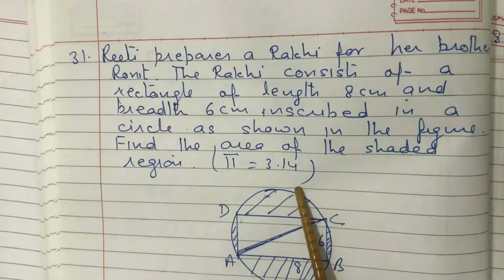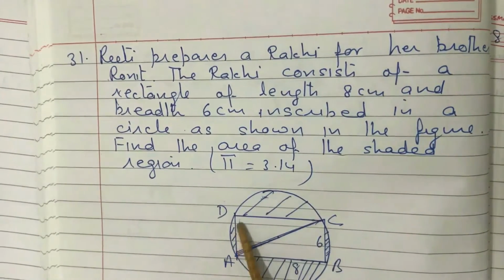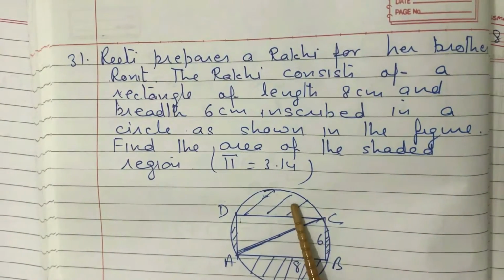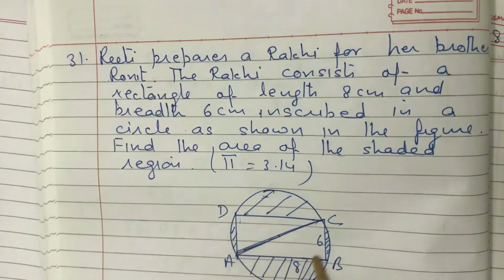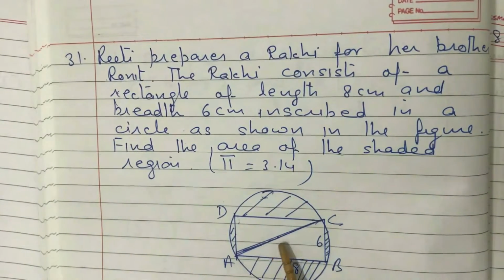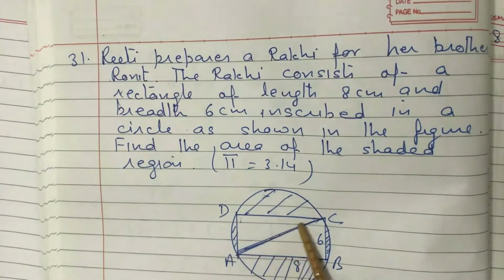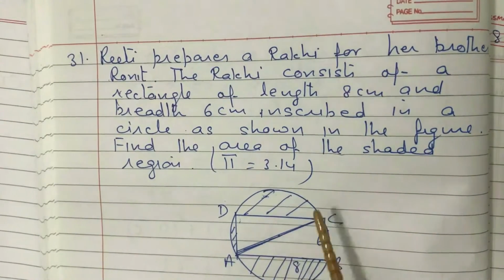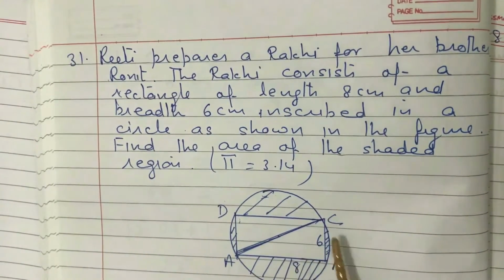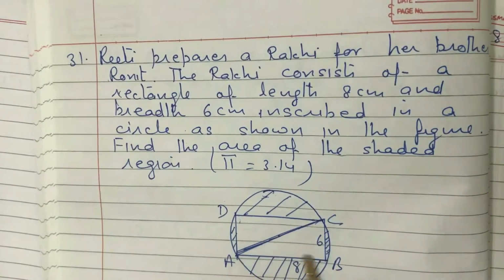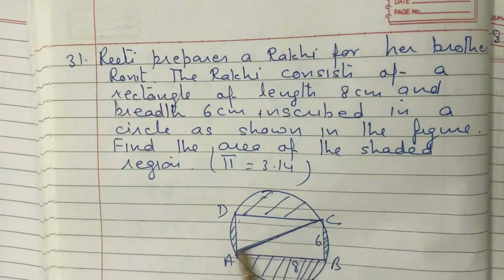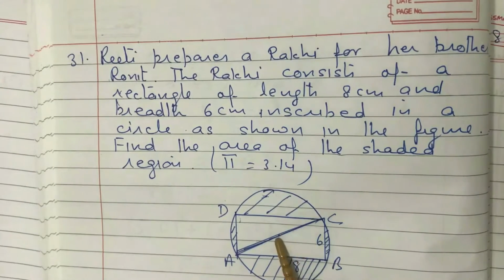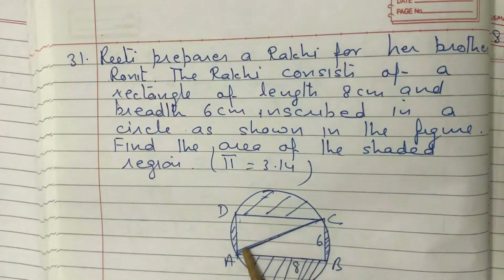It means what we are going to do? First find the area of the circle. Then find the area of this rectangle. And if you subtract area of rectangle from the area of the circle, you will get the result. For the area of the circle we need radius. So first we will find this AC. Half of this length will be the radius of the circle. This length is given 8, this length is given 6. So this is a right angle triangle. We will be able to find the length of AC, which will come out to be 10. So radius will be half of 10, that will be 5.